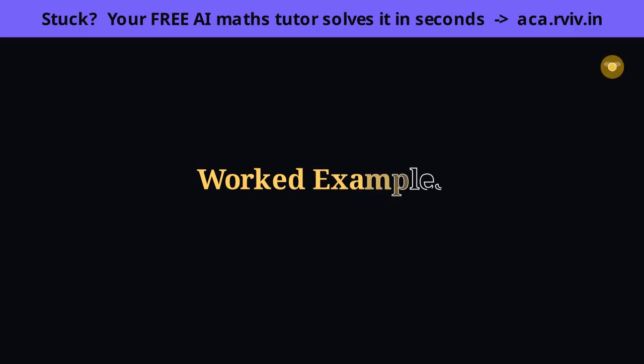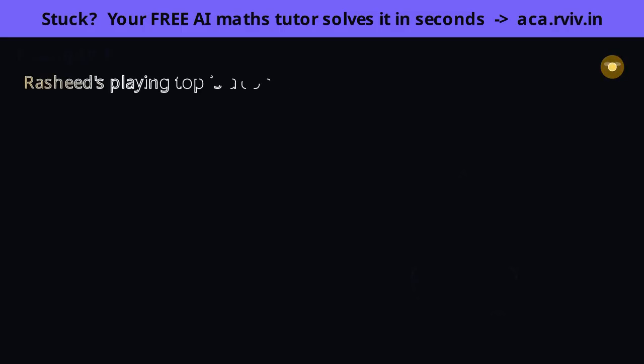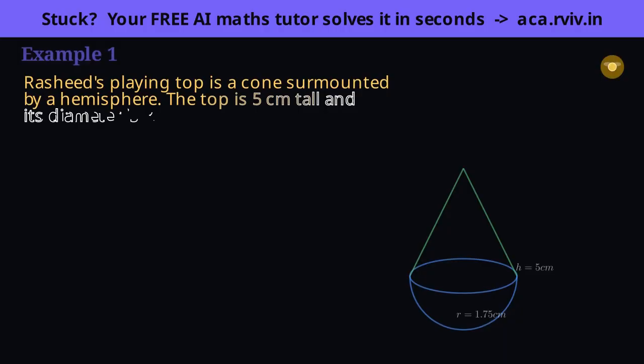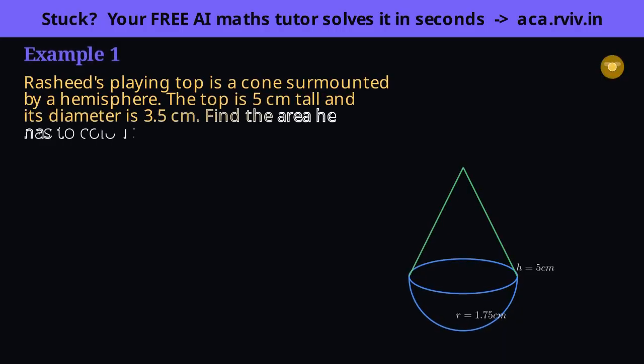And a small housekeeping note, wherever the book uses pi as 22/7, we will too, because it makes the arithmetic come out clean. The top on screen is a cone sitting on a hemisphere, and since we are coloring, only the outside skin matters, never anything sealed inside.